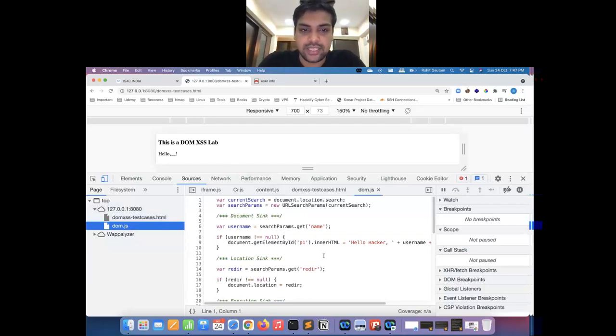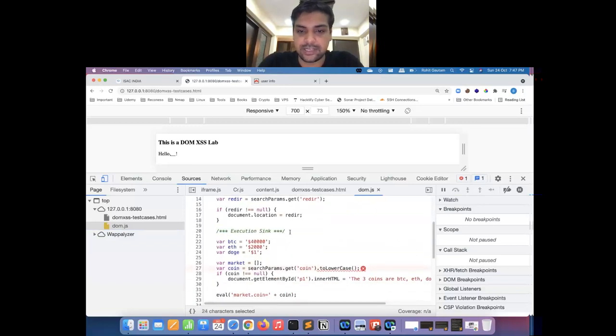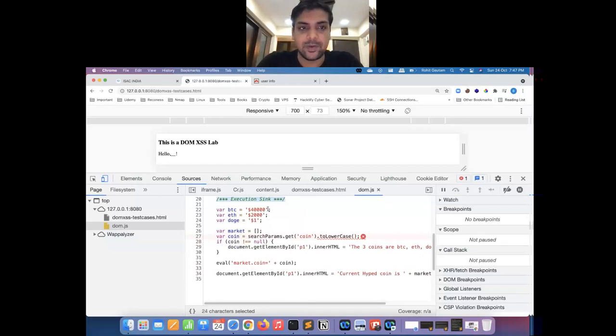All right, so here we can see there are three different test cases for document.write. Let's see quickly one test case from here. So let's see the third test case. You guys have to always remember, this is a cool tip that you can follow to quickly identify DOM XSS. You just need to remember some of the most famous vulnerable sinks: document.innerHTML, document.write, document.location, location.href. These are some of the vulnerable sinks and the most famous ones.